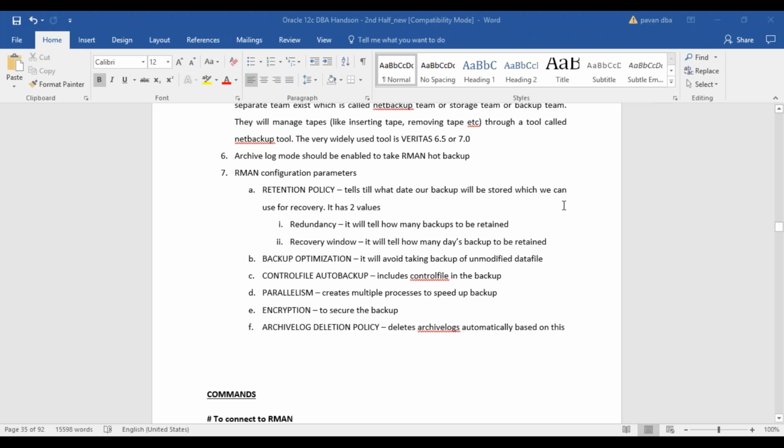So, last class we have been discussing about Arman and what are its advantages in taking the backup over the traditional cold or hot backup that we are going for. So, we need to understand about something called Arman configuration parameters. But before we jump on to that,